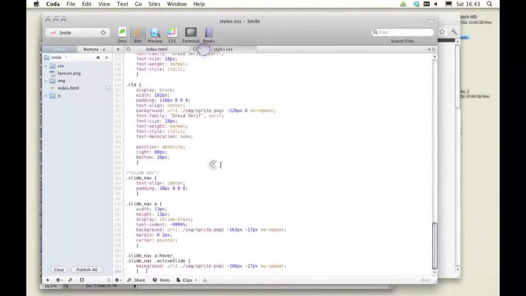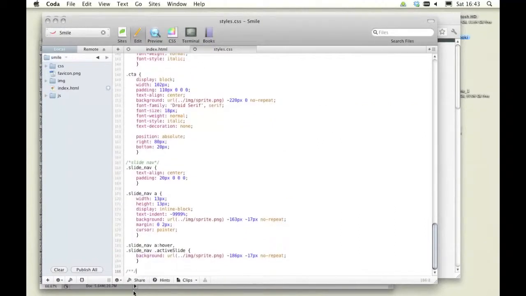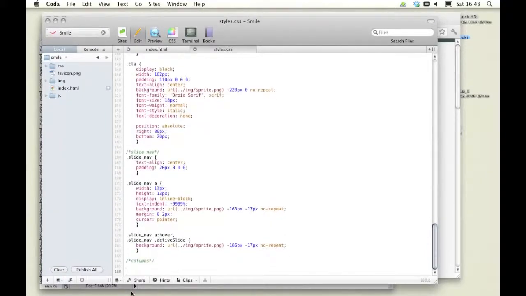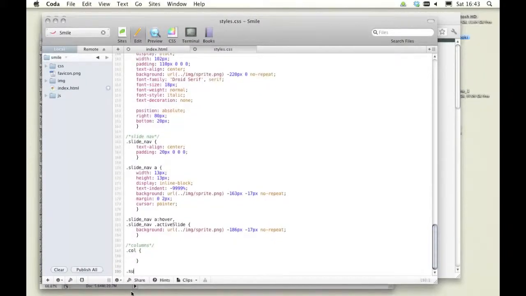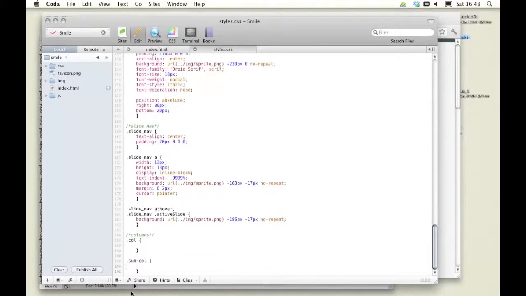So let's go to the bottom of our CSS file and we'll add a section which we'll call columns, for obvious reasons. We'll begin with our larger columns, and I'll put down here our sub columns. Now each one is going to need a